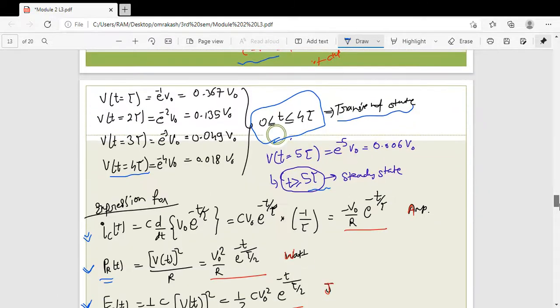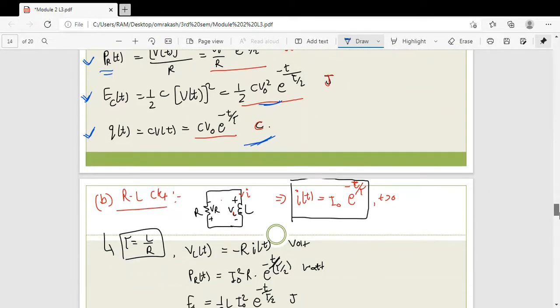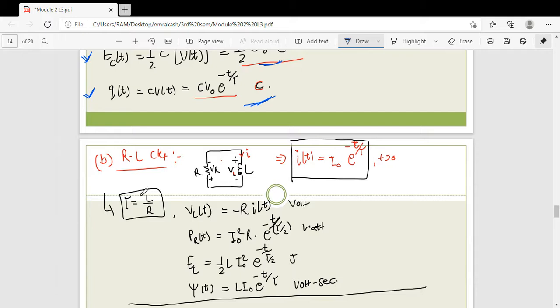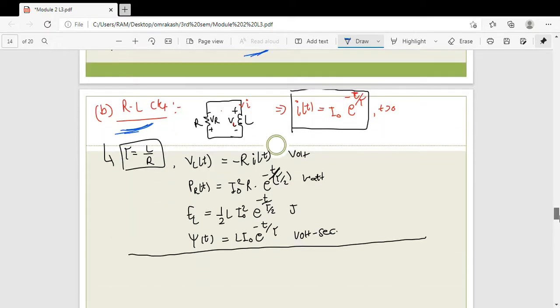Now, a similar problem you have to do at home by taking an RL circuit, right? You have to solve the whole derivation, and your answer must match this. Now see, this derivation is already present in your books, but try it on your own. Okay, so this is the final conclusion for this RL network.